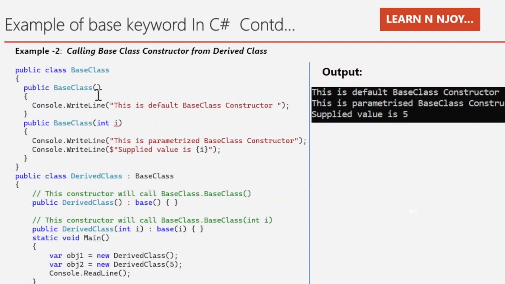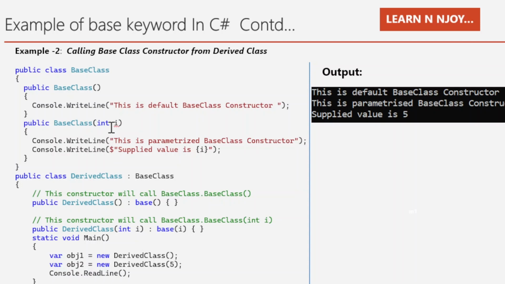Okay, coming to example number 2, where I'm just going to call the base class constructor from the derived class. For that, if you see this example, I have written one base class and I have written this base class constructor, which is the parameterless constructor, that is nothing but the default constructor. In this default constructor I am just printing this line, this is default base class constructor. There is another constructor, the parameterized constructor. Here I am accepting an int as an input parameter of this constructor. Okay, and then I'm printing this statement, this is parameterized base class constructor,